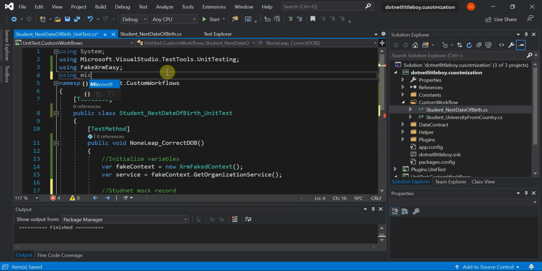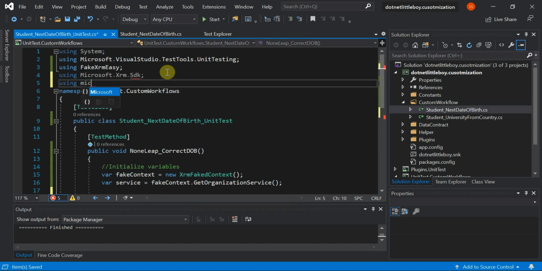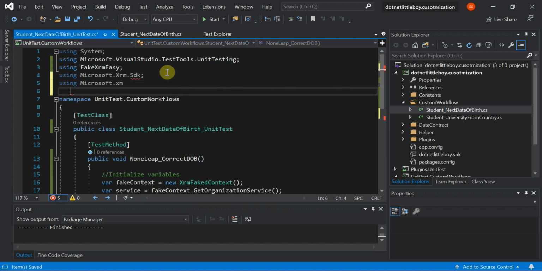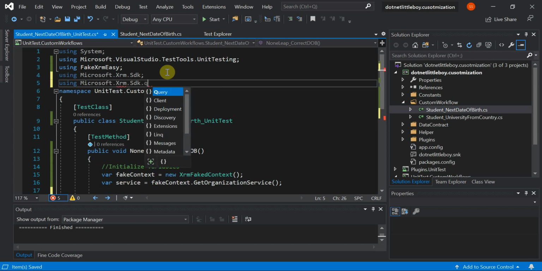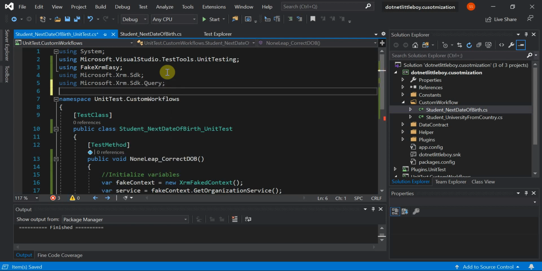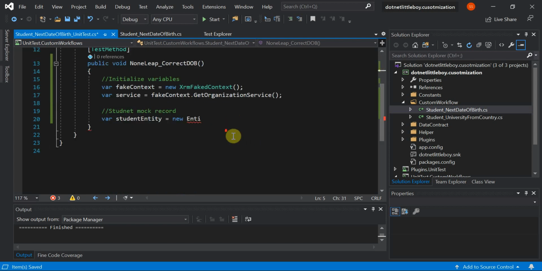So using Microsoft.xrm.sdk and using Microsoft.xrm.sdk.query. I'm using query here because later on I will use the retrieve method to add the column sets here. So that is why I need this one.